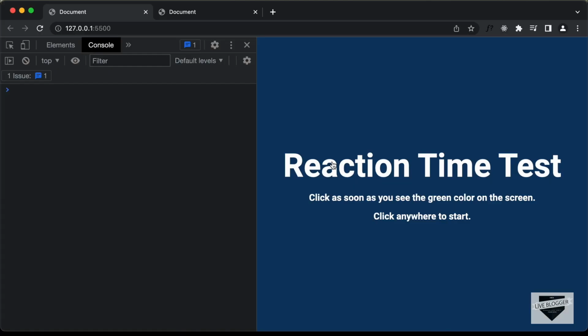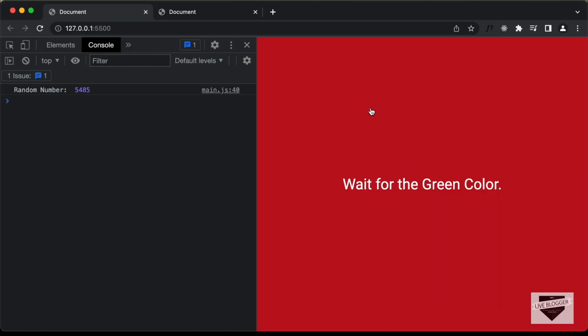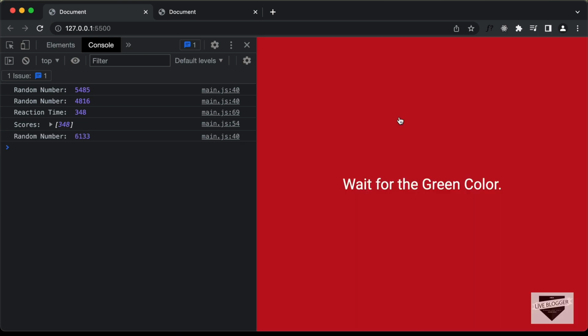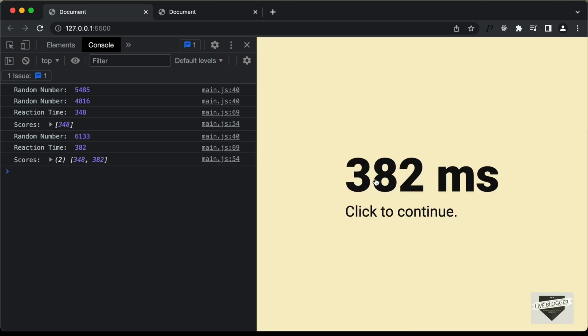Right now let's go back to our website and let's check it out. And here we can see we have 348 milliseconds reaction time, and it is stored inside this array. Let's try it once more. And now we can see this is the reaction time, 382 milliseconds, and it is also stored inside this array. So here we can see there are 2 items in the array. Right now let's go back to our code,